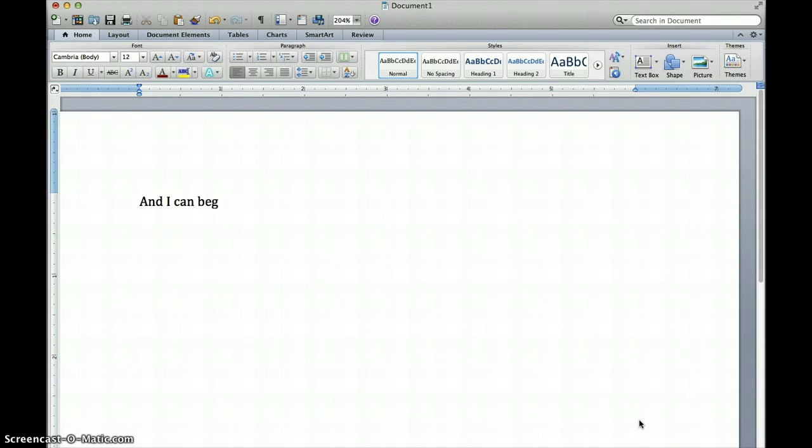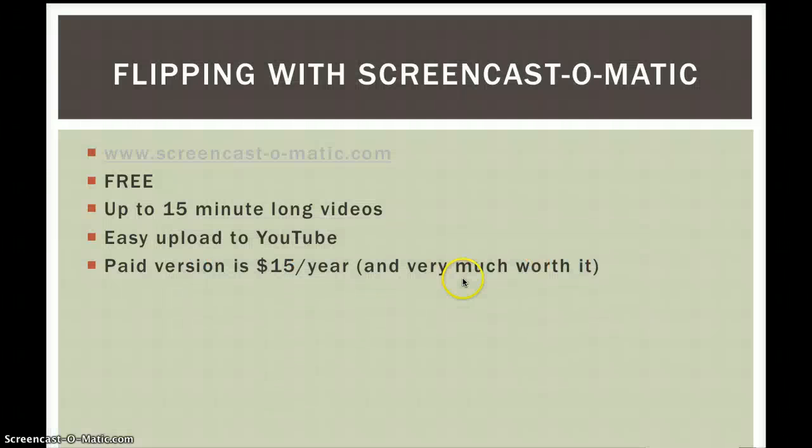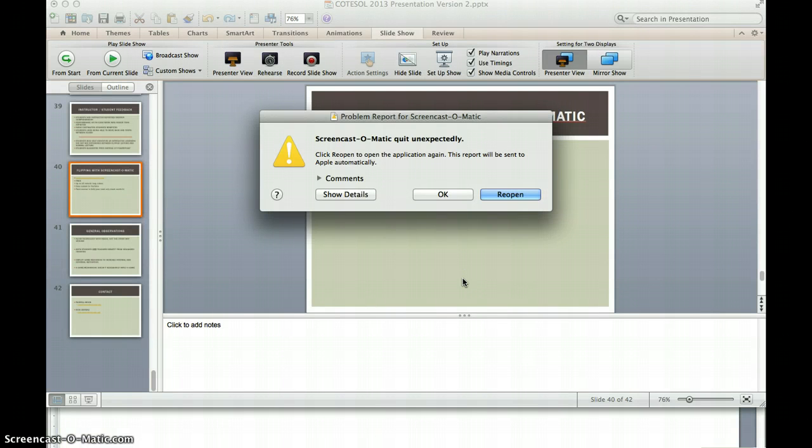and I can begin typing as I'm talking to my students. I can also do this with a PowerPoint. So I can create a PowerPoint. There we go. And I can